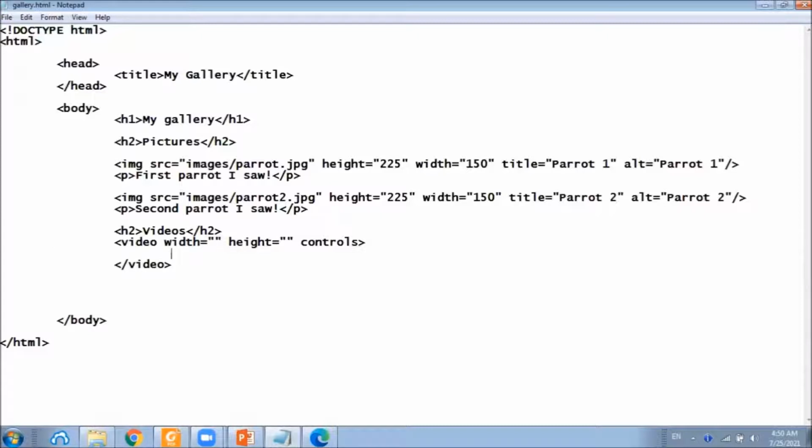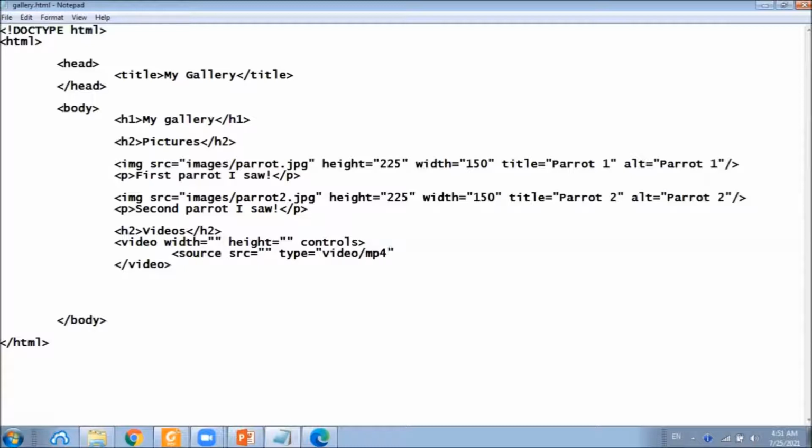Inside the opening and closing video tags, we should specify the source tag, and use the src attribute to specify the video file's path. Also, it is a good practice to specify the video type.